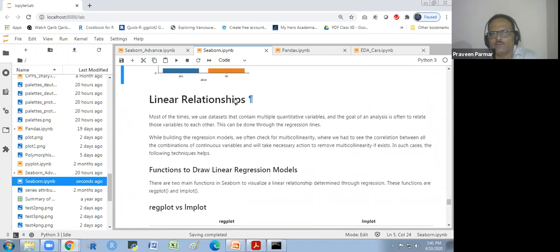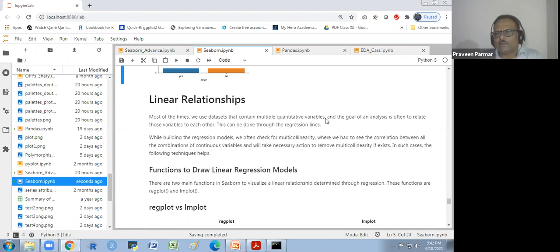And the last we see is about linear relationships. It is called the regression plot, and one is called the linear model plot. So I will explain. First, I read this so you could understand a little bit about what we are going to do now. Most of the time we use datasets that contain multiple quantitative variables. We know that. And the goal of an analysis is often to relate those variables to each other.